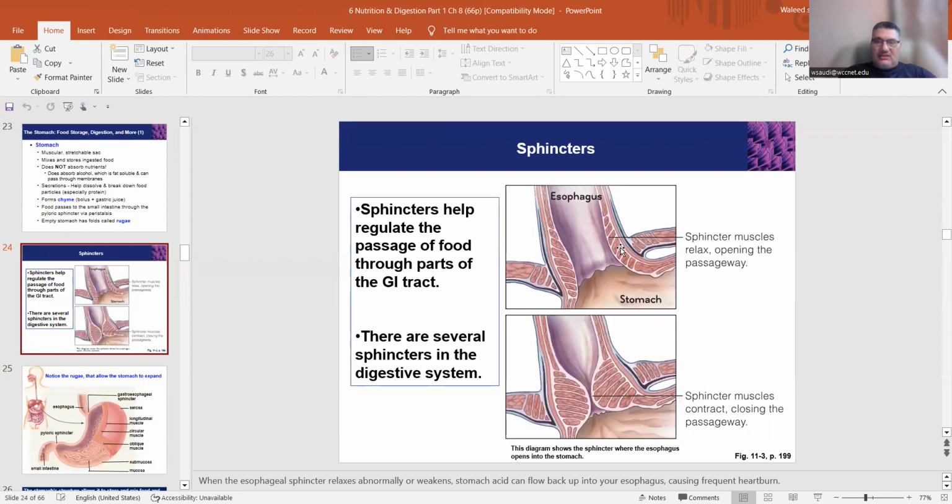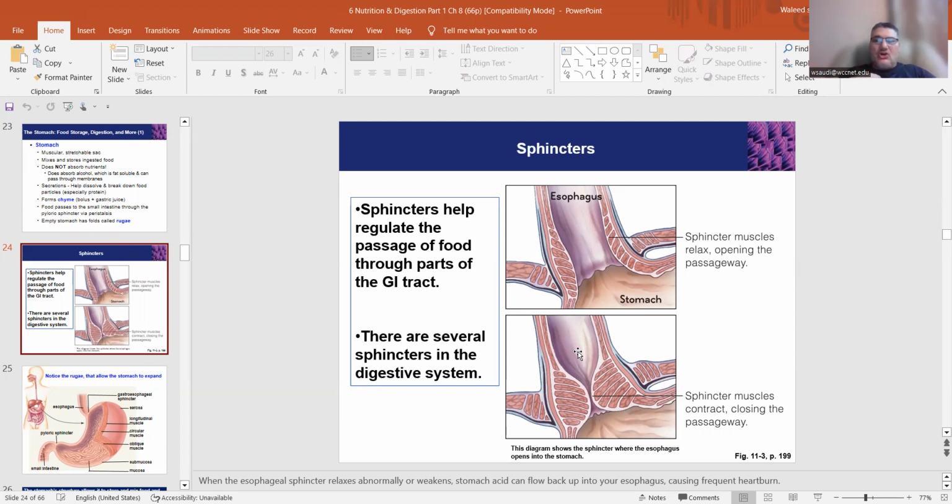This is the end of the esophagus, and this is the beginning of the stomach. Look at this sphincter right here. There is a sphincter that's guarding the entrance from the end of the esophagus to the beginning of the stomach. Why? Because remember, in the stomach, we all know that we have acids. So the food going to the stomach will be mixed with enzymes and acids. You don't want that to go back to the esophagus because it's going to burn our esophagus, and this is what we call